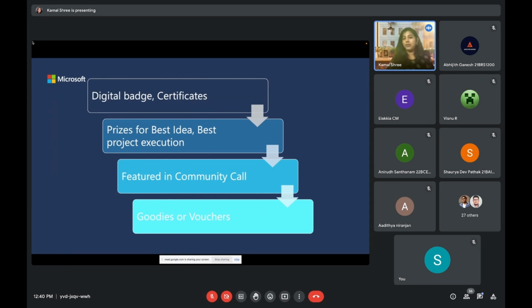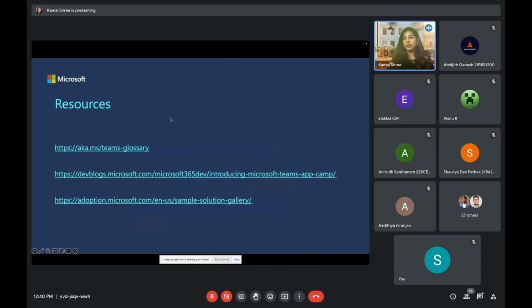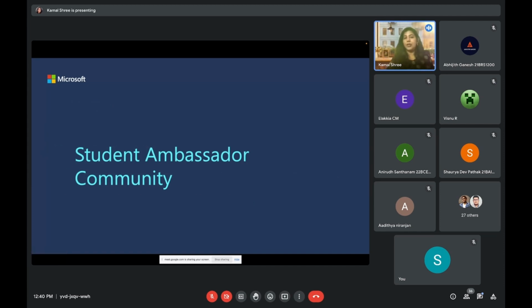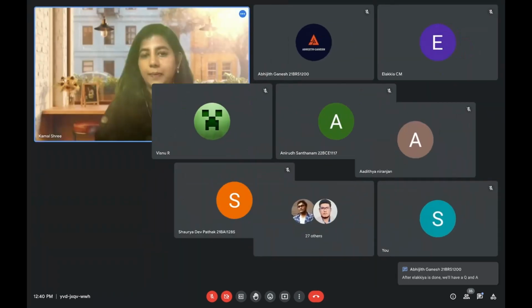These are the benefits. A few more could be added as well. And I'll share a few resources with Abhijit, and he'll get them to you. Before I pass it on to Ilakya, who will share her experience about how to be a part of it: if you still have any questions, I'll pick them up after Ilakya's session, including how to get enrolled or whom to reach out to. Everything can be answered after her session. All right, Abhijit, Ilakya, I'm handing over to you, so you can share your screen and start.